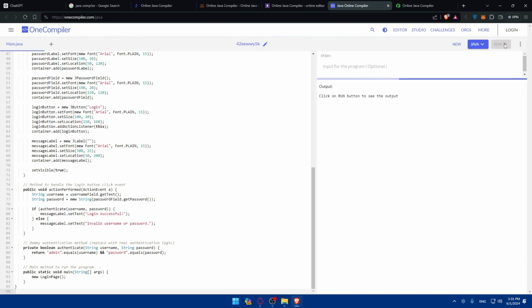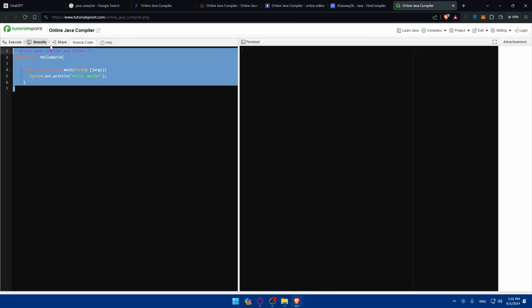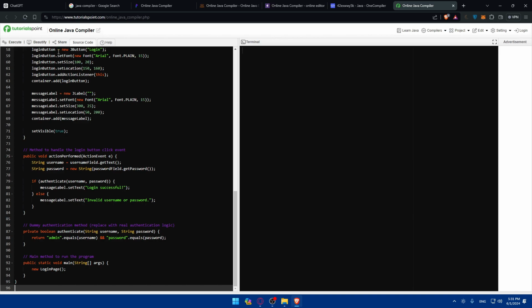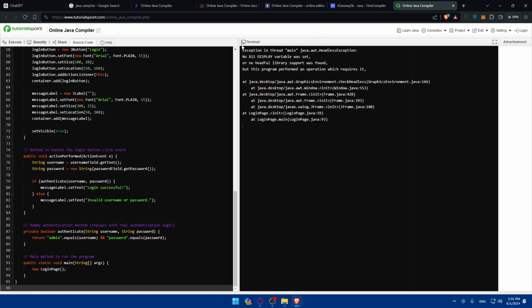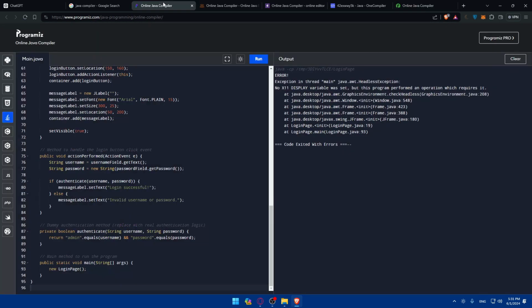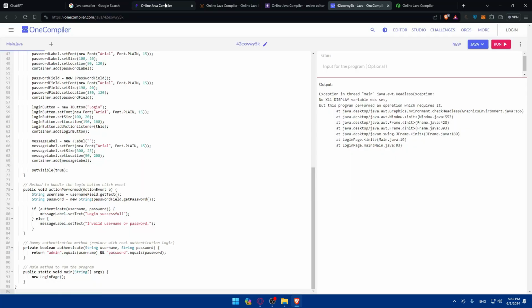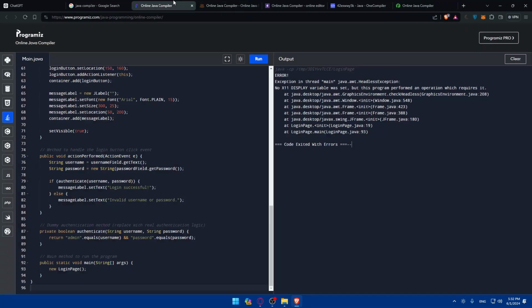So here I'll just go and click on run. I'll try the last one as an example. So yeah, here is execute. As you can see, every one of them seems to give the same thing, the same problem. So I'll just take that problem as an example,